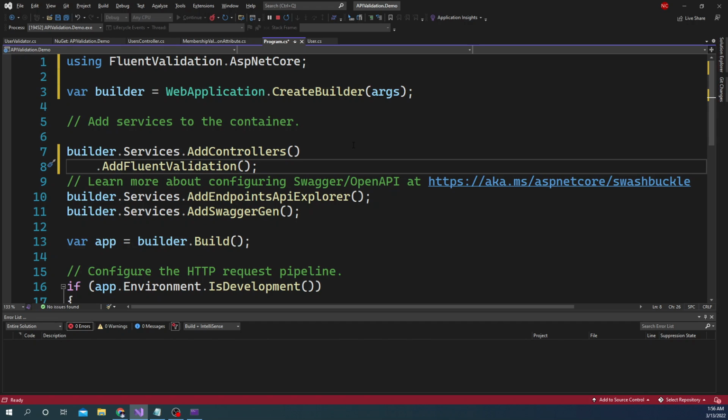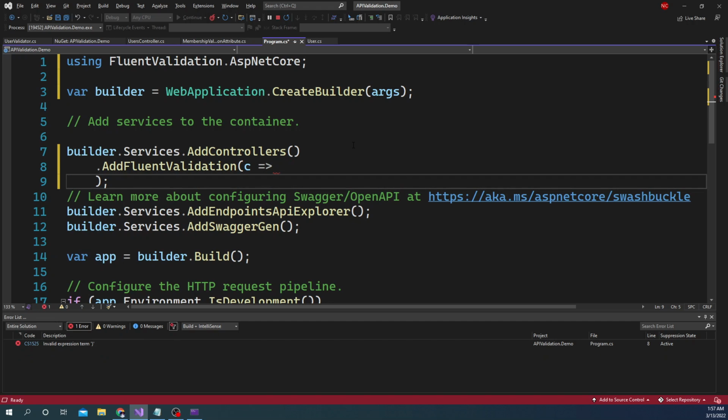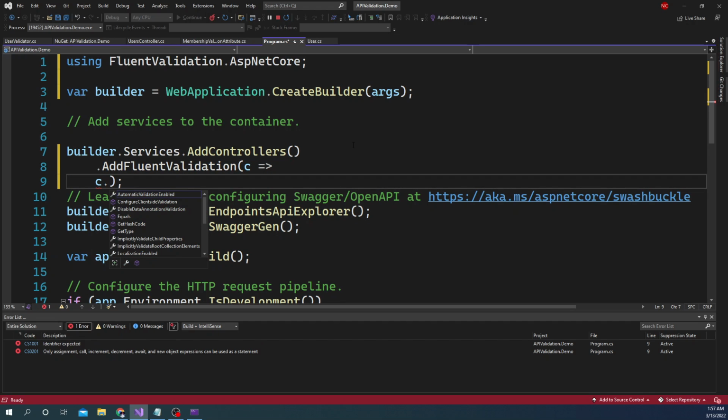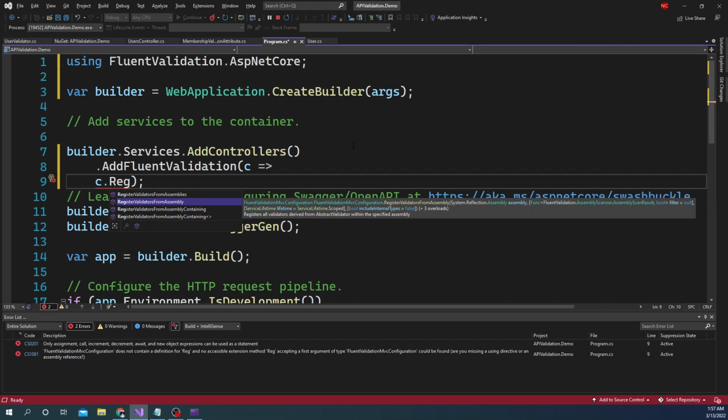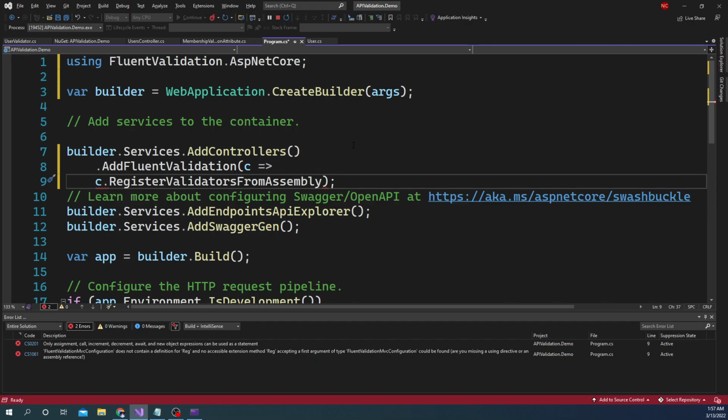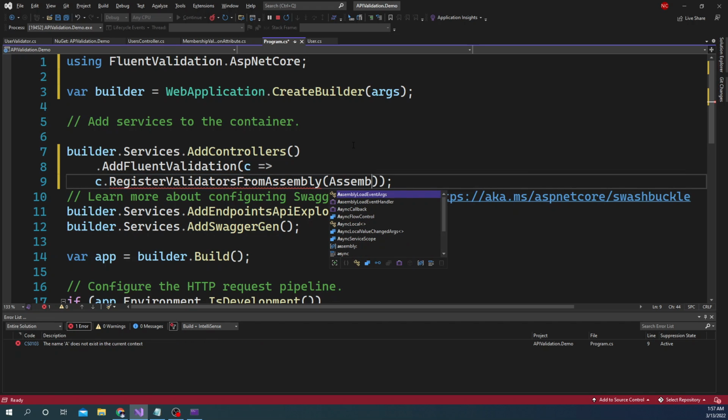And then here we can provide the configuration, and for that what we can do is we can say we want to register the assembly, so we can say register validators for this assembly, and here we can say assembly dot,